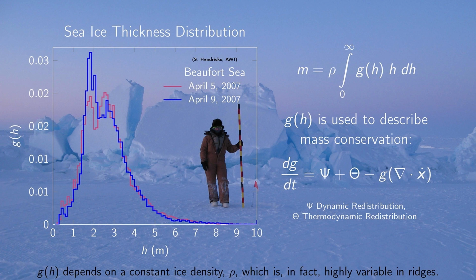So Drew Rothrock, who originally devised the thickness distribution, actually wrote a paper on this about 20 years ago saying he doesn't really think this is an appropriate descriptor of sea ice. But no one really knew what to do. So about 7 years ago now, Elizabeth and I were trying to fix some new physics in the model, form drag, and they needed a representation of a sea ice ridge in this, and we found that under certain circumstances the solution was ill-posed. And so we were trying to fix this, and in the process of coming up with some very basic